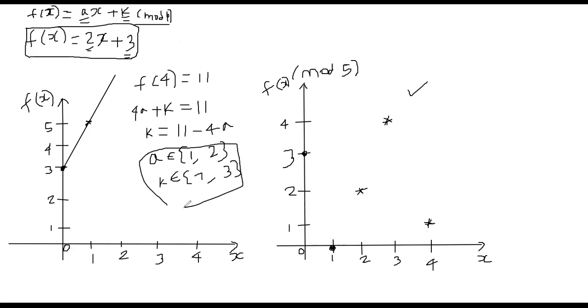On the other hand, here on the right-hand side with mod, if you know only one point, let's say somebody is leaking the value for 4, what is f of 4? F of 4 is 1, right? 4 into 2, 8, 8 plus 3, 11, 11 mod 5 is 1. Knowing (4, 1) doesn't help you at all, because with (4, 1) being one pair, you cannot say A must be 2, K must be 3, and all those things. You can't say that. Let me show you why, because we talked about it earlier. Very quickly, I will show that.